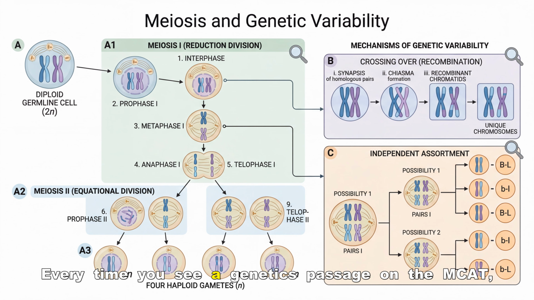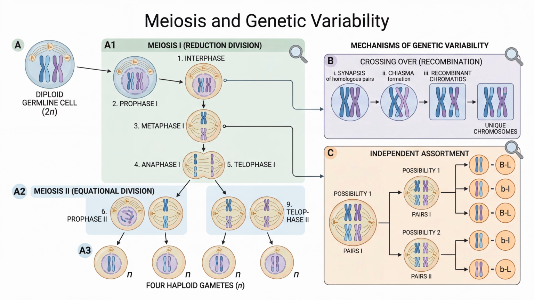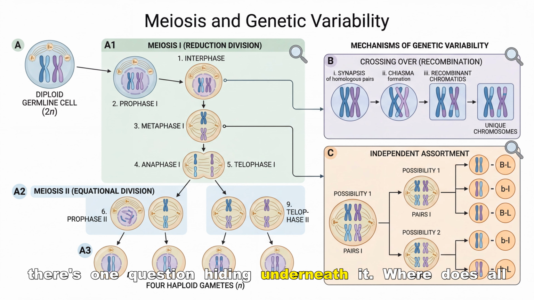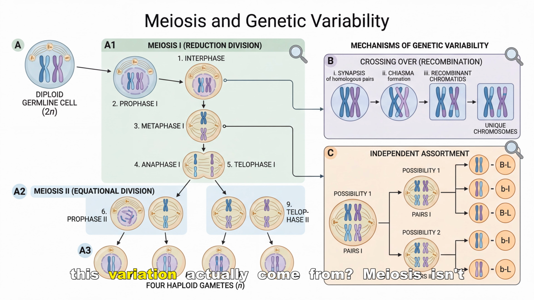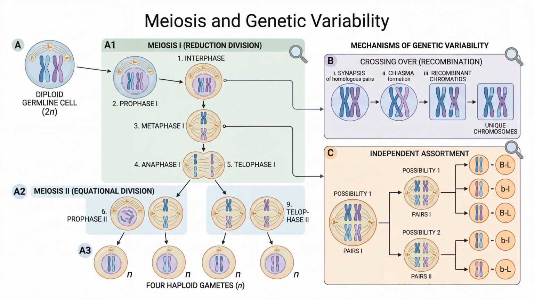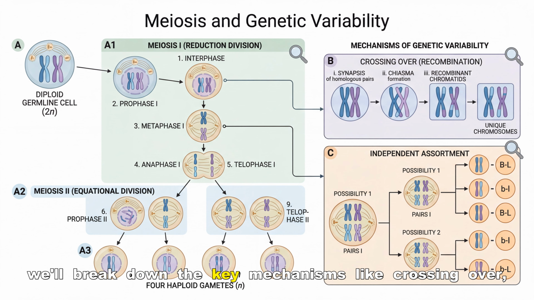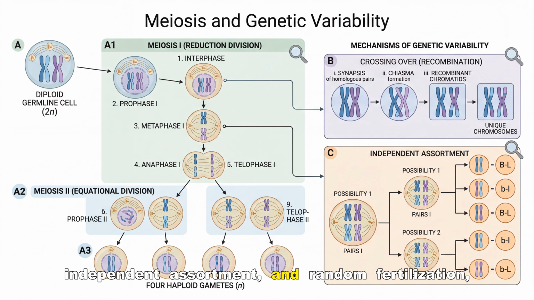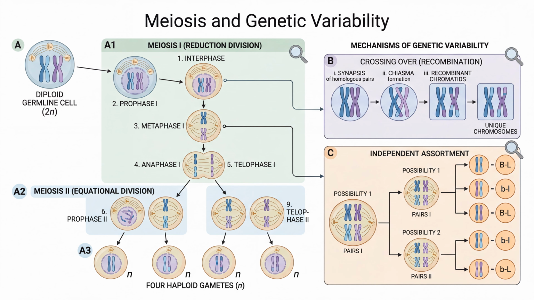Every time you see a genetics passage on the MCAT, there's one question hiding underneath it. Where does all this variation actually come from? Meiosis isn't just cell division, it's a diversity engine. In this video, we'll break down the key mechanisms like crossing over, independent assortment, and random fertilization, and connect them